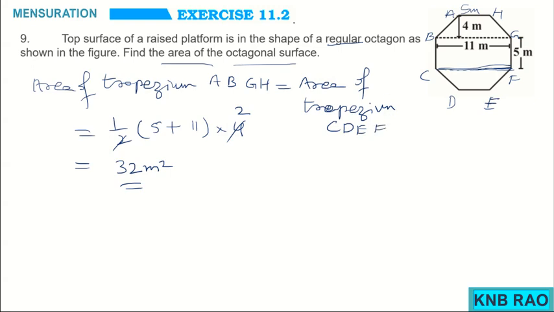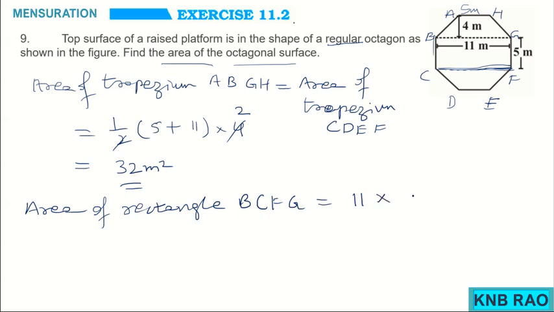So I got the two portions. Now I need to find the third portion, which is BCFG. It's a rectangle. So the area of rectangle BCFG is 11 meter being the length, 5 meter being the breadth. Their product is 55 meter square. Thus, the area of the octagon